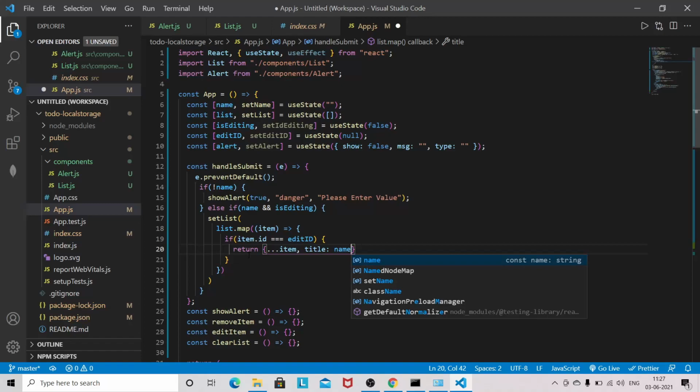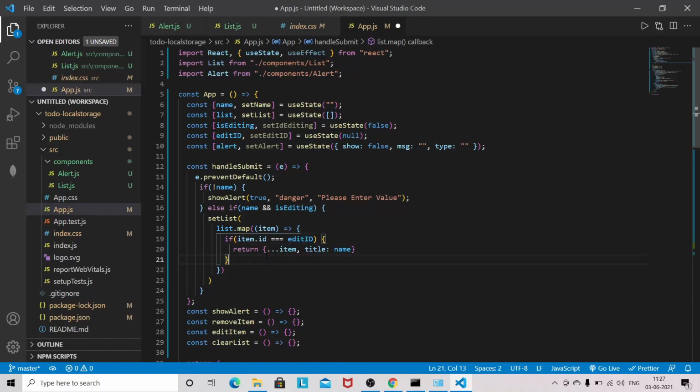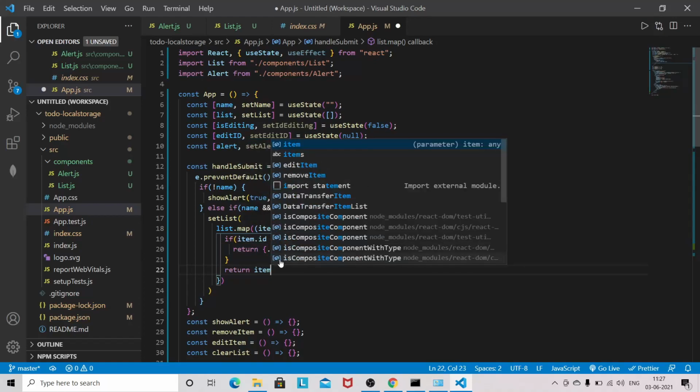So if you are submitting the editing item, then first we have to check if the id is matching with the editId. If we have already a list, then we will spread out the item and just edit the title. Else it will return the item. So this is for editing mode.